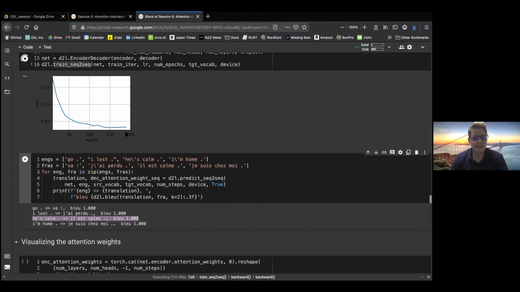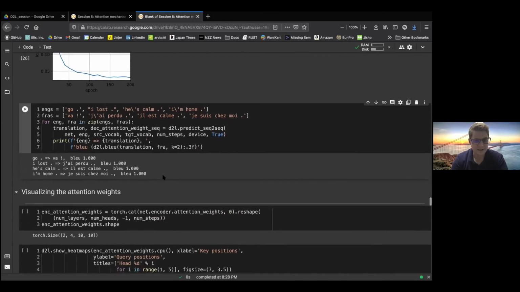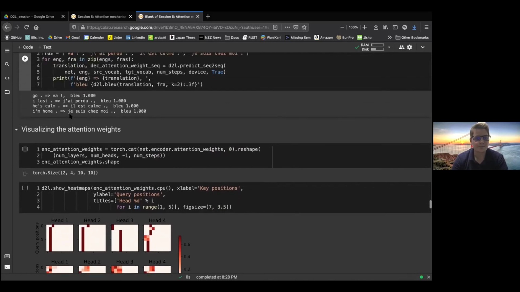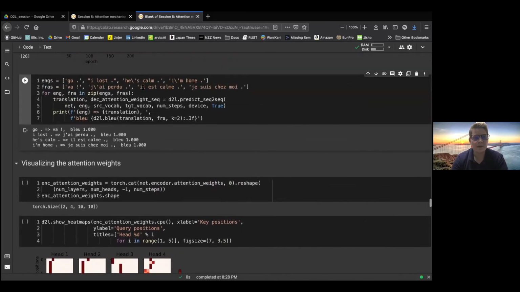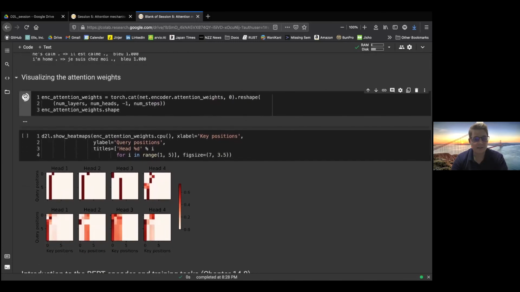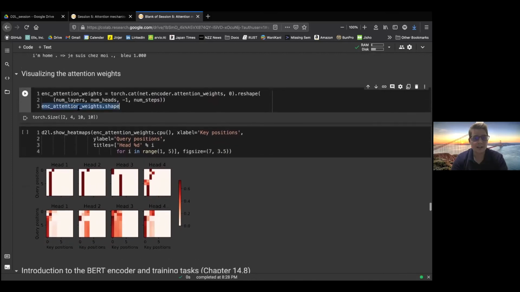But since we're almost finished with training here, let me see if it's still keeping the perfect scores. Yeah, okay, you see, still completely perfect score. Nice. But what we can do now is, for this last sentence, we are going to visualize the attention rates. Here I'm just getting the attention rates from it, since we have stored them into this encoder attention rates